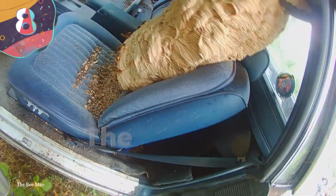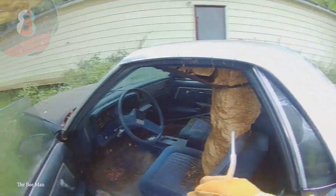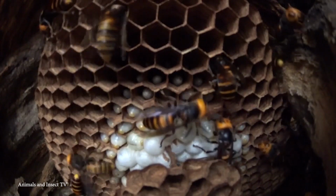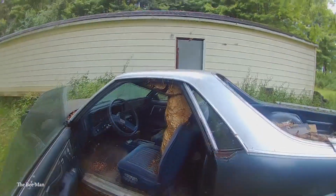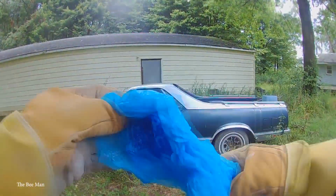Number 8. The car nest. It seems there isn't anywhere that hornets will refuse to build a nest, as long as it's in a relatively quiet place where they won't be disturbed too often. So you can imagine this homeowner's surprise when they opened the door to their Chevy El Camino and found a gigantic hornet's nest inside. Seemingly beginning in the car's headliner and going all the way down to the driver's seat